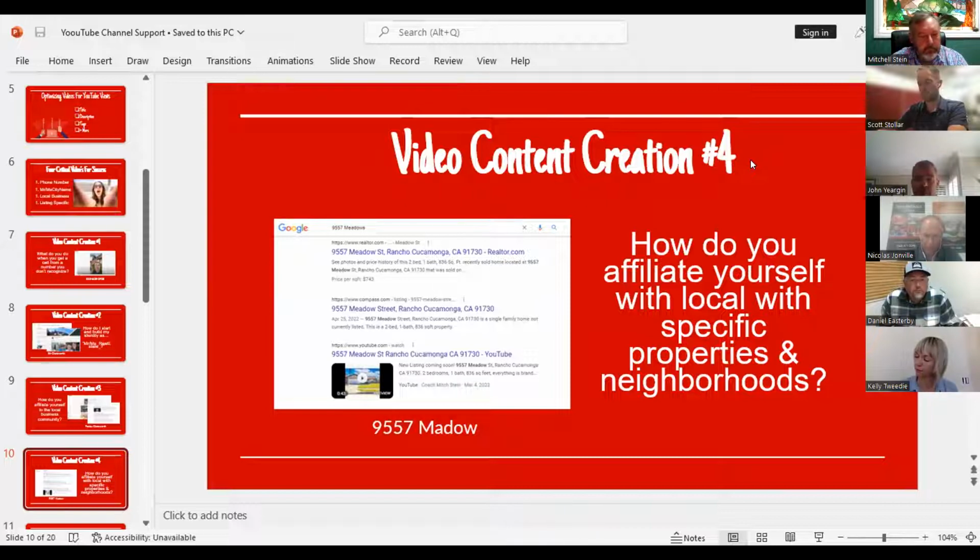You do not have to be the agent on that property. I know there's rules around what properties you're showing, but again, the simplest example that we've seen with Mitch's help is going out and standing in front of a property specifically that we know is on the market. It's available, and you would be willing, able, and legally allowed to go show that property to any buyer that came to you.